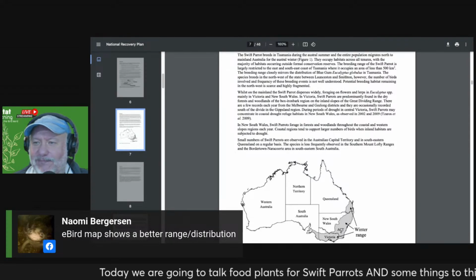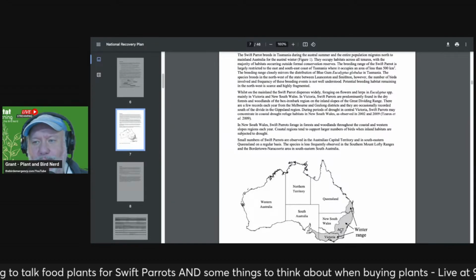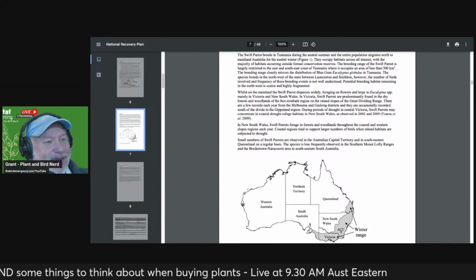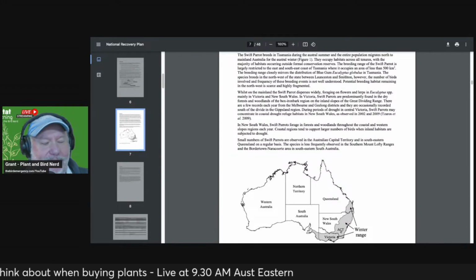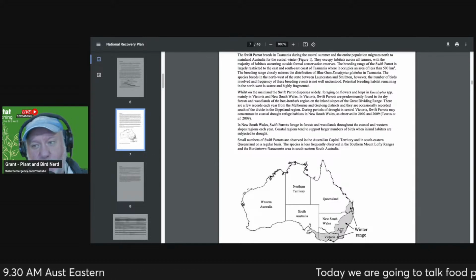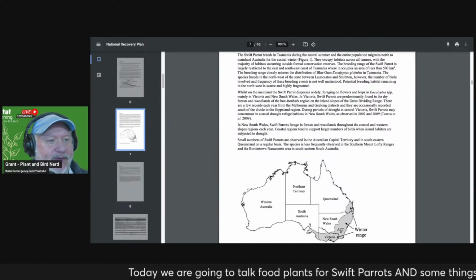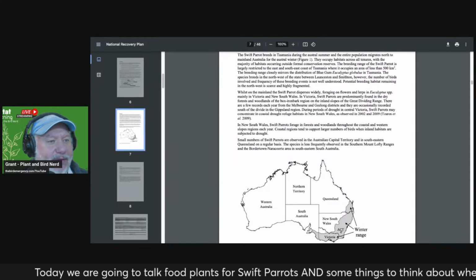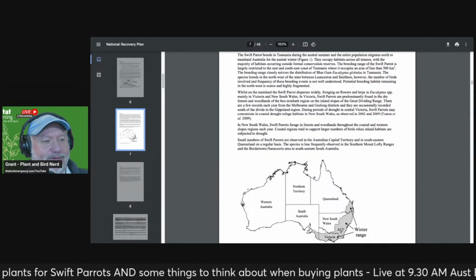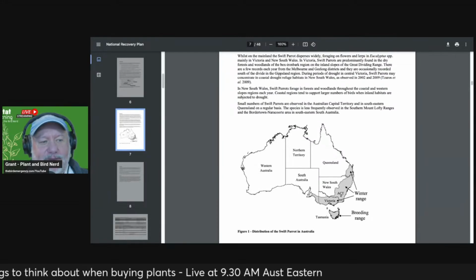eBird shows actual records. But eBird doesn't have the feeding information, so I'm ignoring eBird today. The Tasmanian blue gum, Eucalyptus globulus, they feed mostly on that, and I believe the white gum, manna gum. But we'll talk mainly about the mainland, because what I'm concerned about is that as more and more of the